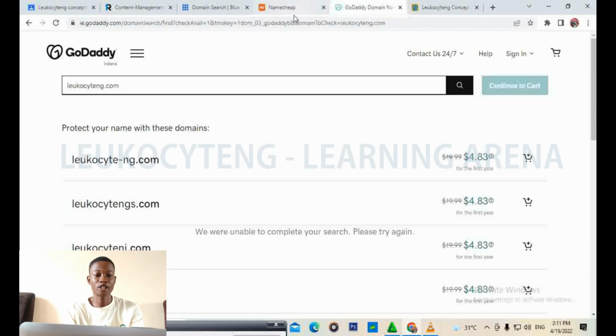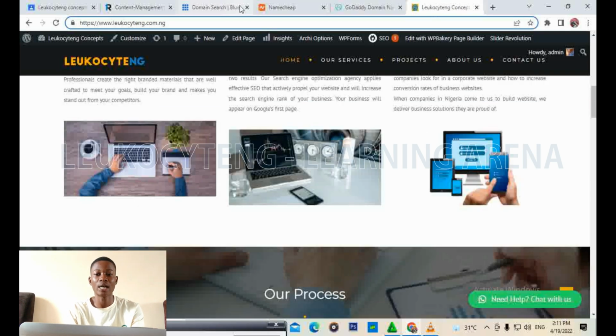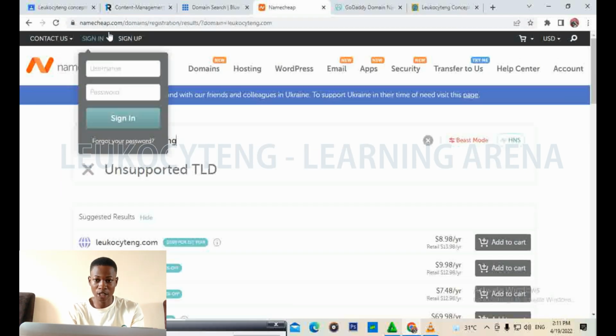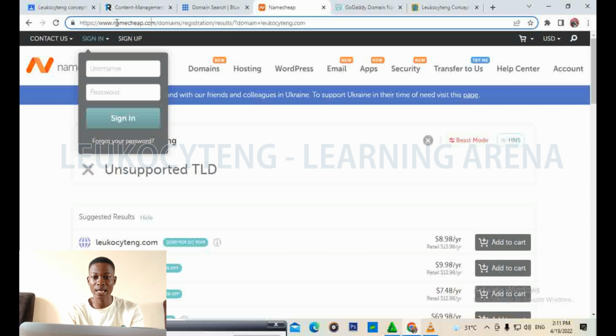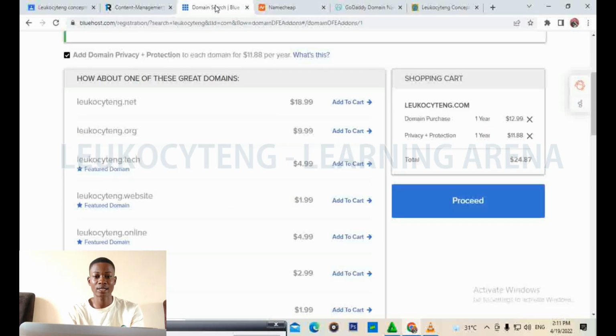So that is HTTPS. HTTPS, the S at the back carries the security, which shows that the website is secure. If you look at it, we have HTTPS at the back here. If you look here also, we have HTTPS at the back here, HTTPS at the back here. So whenever you are buying any domain name, make sure that it's carrying the HTTPS and you buy the SSL for it. So I'll proceed here.